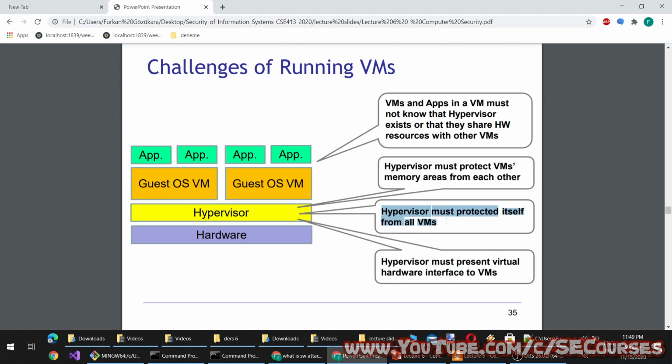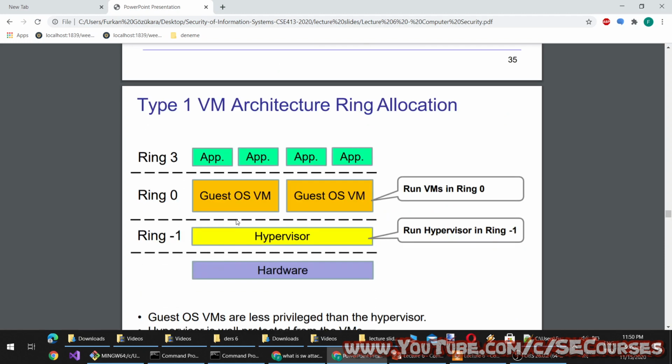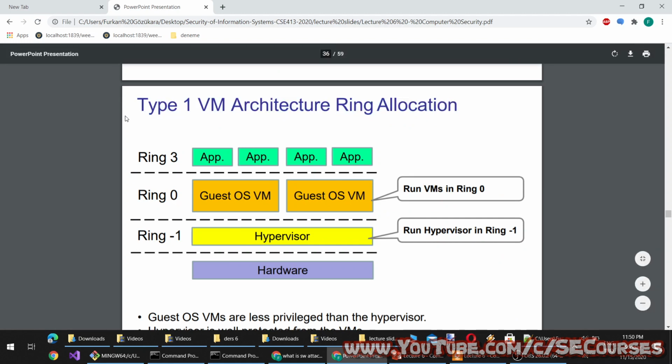Hypervisor must protect itself from all VMs, and hypervisor must protect VMs memory areas from each other, because an exploit and a hacking in one of the virtual machines can affect other virtual machines, or worse, the hosting operating system or hosting device. Therefore, the separation of the virtual servers and encapsulation of them is extremely important and critical. Okay. So,